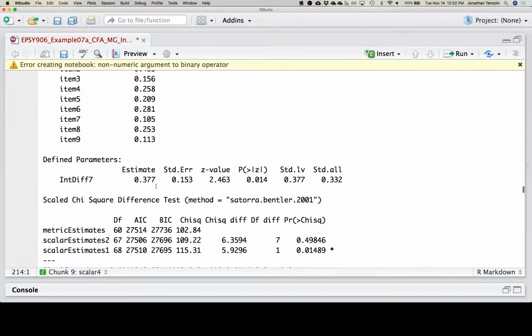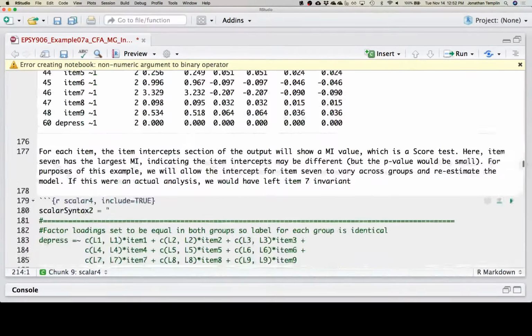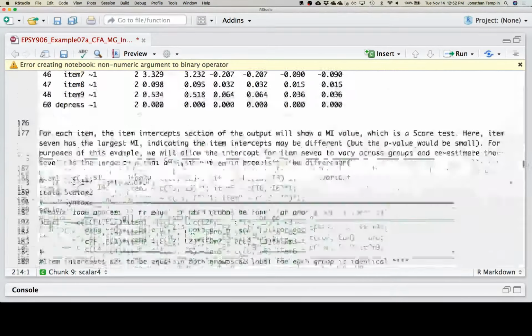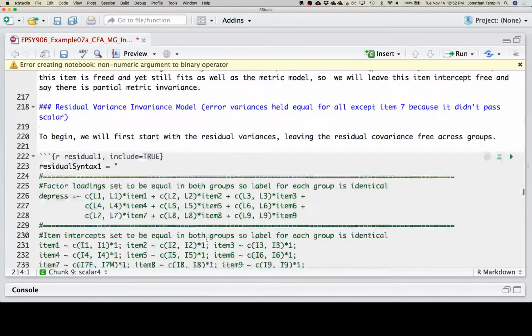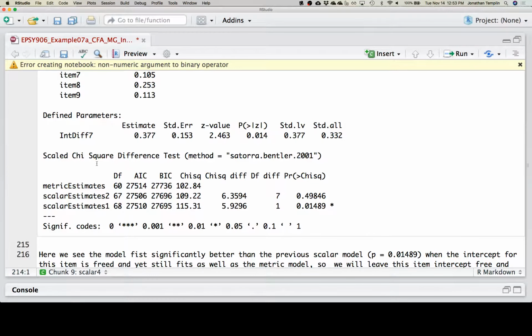Now let's take a look at the model fit one more time. What we can see is that this model compared to, why do I have scalar estimates 1 and 2 again? That's right, we're scalar estimate 2. Our model compared to the metric model. So scalar estimate 2 is our model. We compare that with the metric model. We see that the p-value gets even better, and there's the 1 degree of freedom change, right? It was 8 degrees of freedom before, and now there's 7. There's only 7 now because we've added 1 more parameter. So it's one parameter closer to that metric estimates model where we had all the intercepts estimated separately.